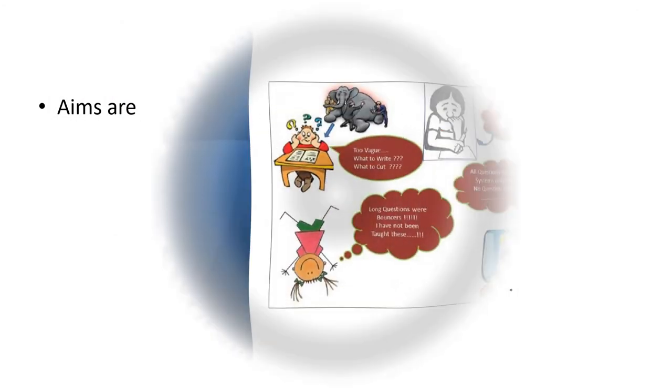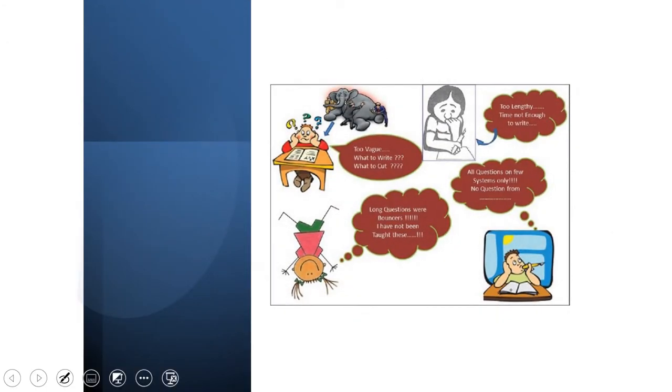So what are our aims? You can read this. The students say after the paper that this question was too vague, too lengthy, all questions were system based only, and the long questions were the bouncers. So these are the student comments. In order to answer this and to optimize the assessment tool, so that there is no abuse of the assessment tool,